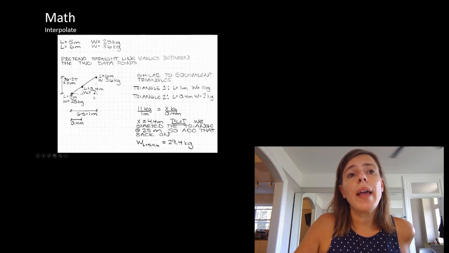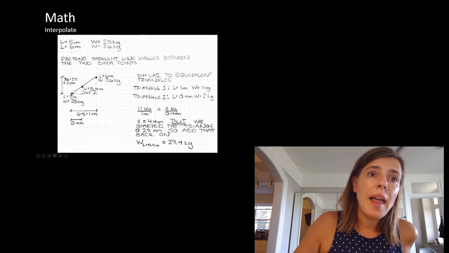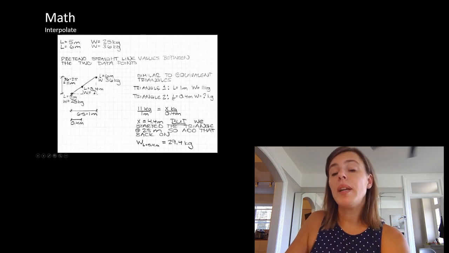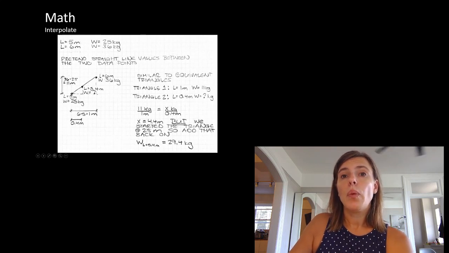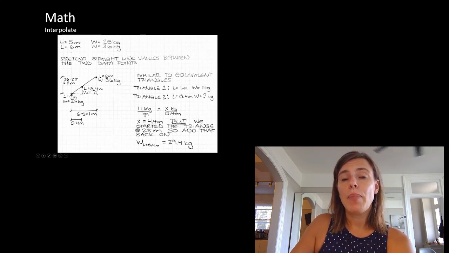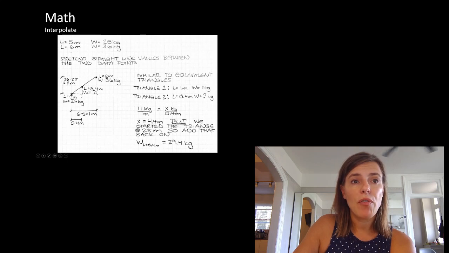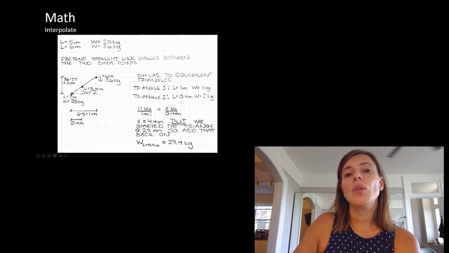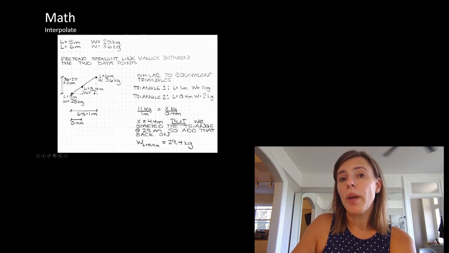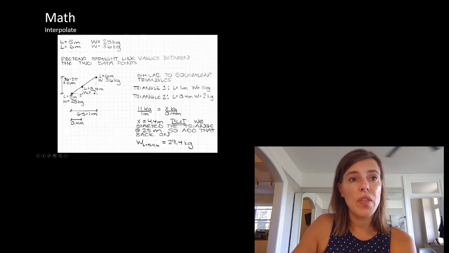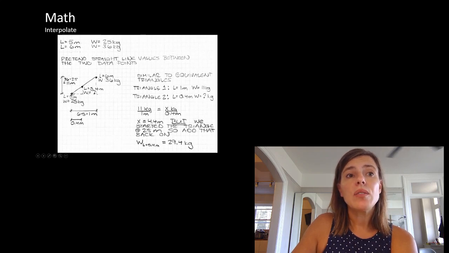So we have these two triangles, and we can see that they're similar. So this length should be a similar ratio to these lengths. So we need to figure out what that ratio is. We have our 11 divided by 1 meter should be equal to whatever kilograms we need divided by the 0.4 meters, which is how far we are over here. And so when we do that, we get 4.4. So this is over 4.4 kilograms. But we started at,